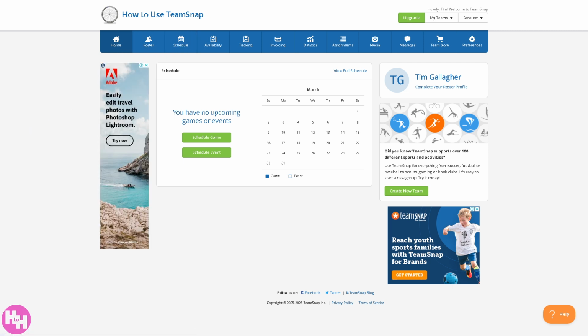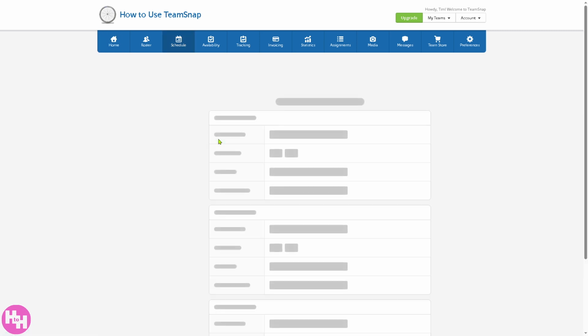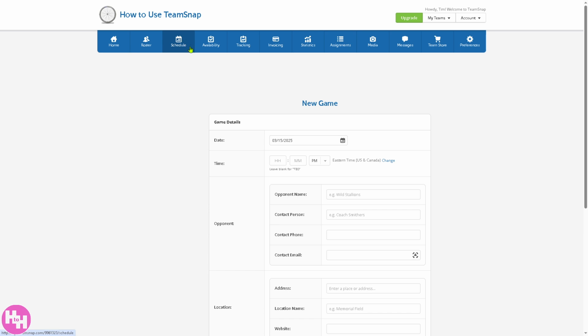So now the homepage is going to be the main dashboard where you can see the overview of your team's latest updates, upcoming events, and recent messages. Of course, from here you can schedule a game. For example, let's click the schedule game right here. That would lead you to this schedule. But of course, since we're already on the homepage, for example, game details is going to be like maybe